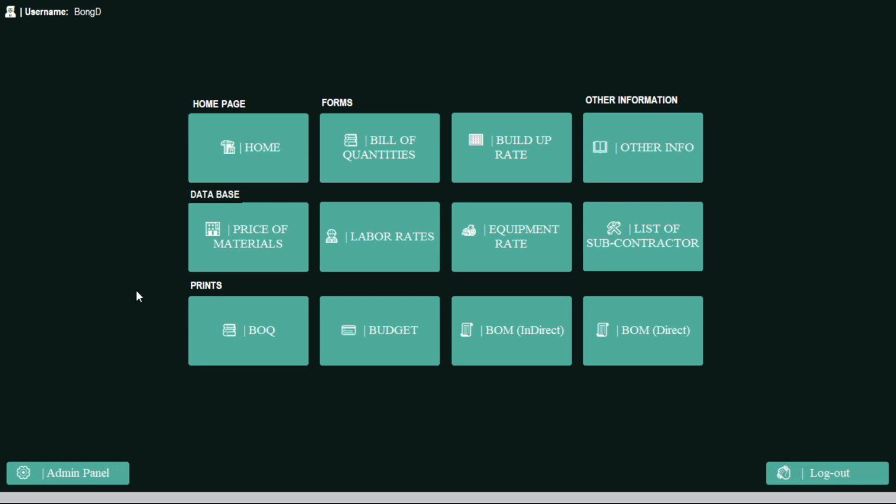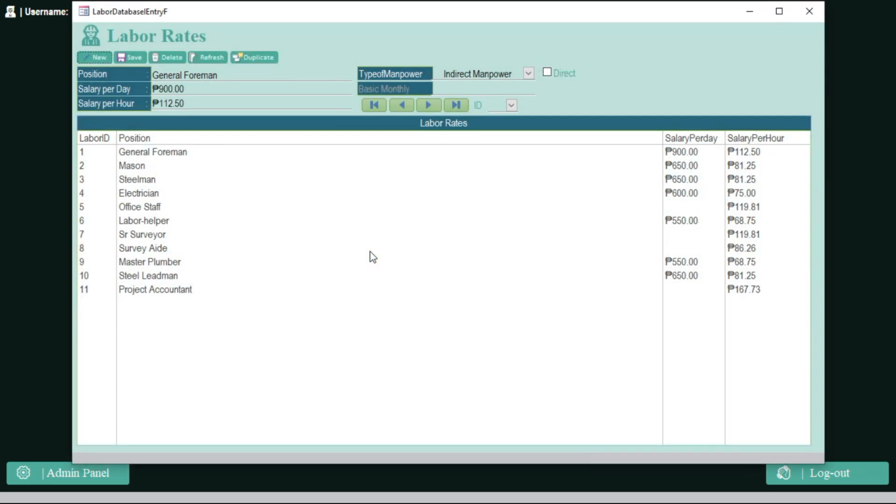Okay, it is also the same here in our labor rates. It is also very basic, no need for the detail. If you want to make a detail, you can do it by yourself, but not in this form, because this form is intended only for the rate that you already have. Okay,